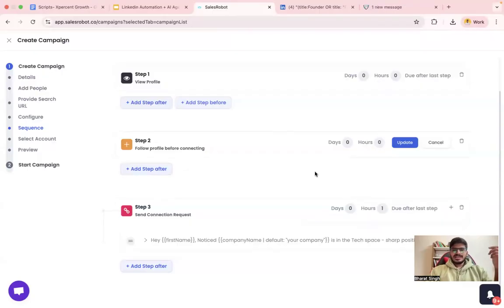But I generally recommend you don't have any gap in these 3 steps, because it is a proven process from me that generally if there is no gap in these 3 steps, they work better. Okay. But of course, you can test it from your side if there is something you want to test in your particular industry. Now, generally, whenever you are reaching out to people, I will recommend after sending the connection request,